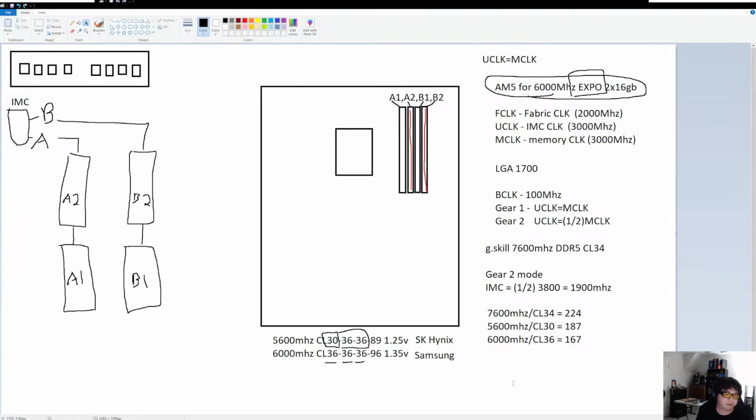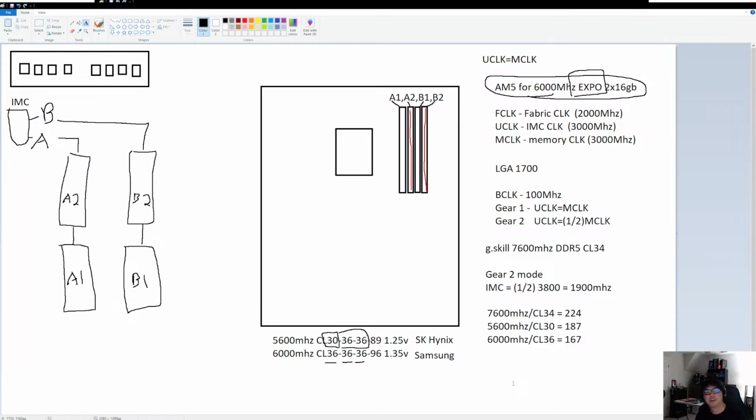Flare X5, 36, 36, 36, this is Samsung memory. So this EXPO kit of RAM is Samsung. I verified it with CPU-Z. And then this Ripjaws S5 Intel XMP kit, 5600, this is SK Hynix, verified from CPU-Z. So that's the easiest way I can tell you guys, because